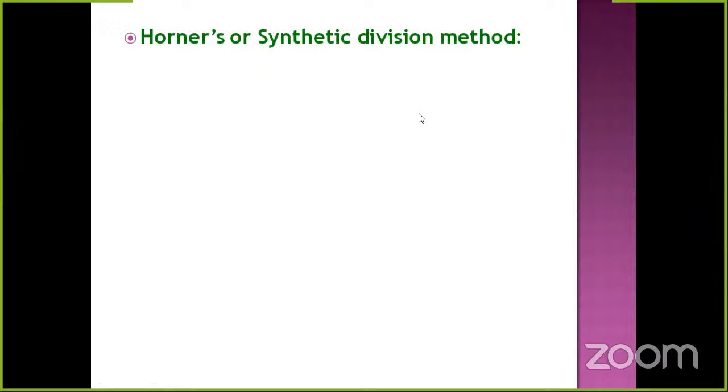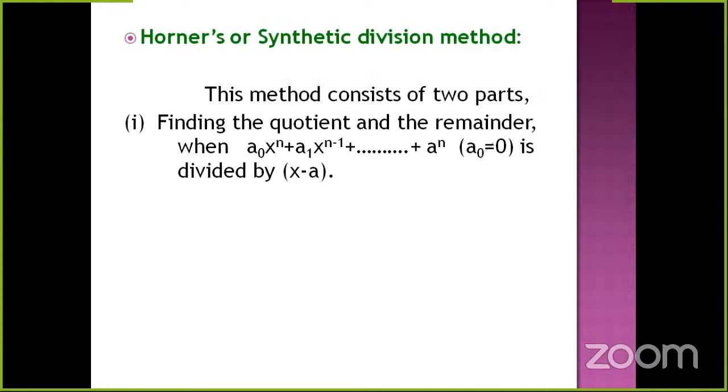division method. Synthetic division method. So in this method, it consists of two parts. First one is finding the quotient and the remainder when the nth degree polynomial, that is a0 x power n plus a1 x power n minus 1 plus so on an, is divided by a linear polynomial. Okay. The first concept is finding the quotient and remainder when the nth degree polynomial is divided by linear polynomial